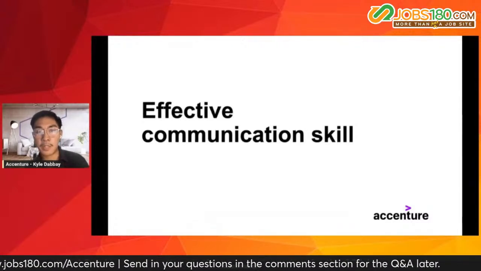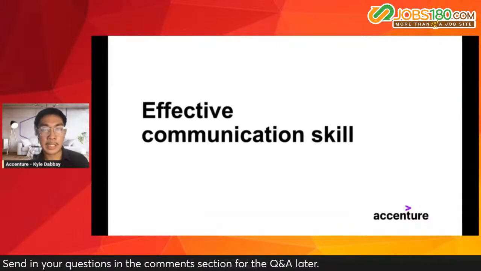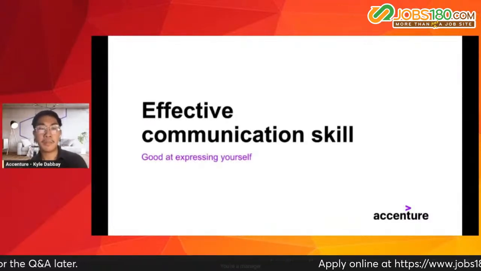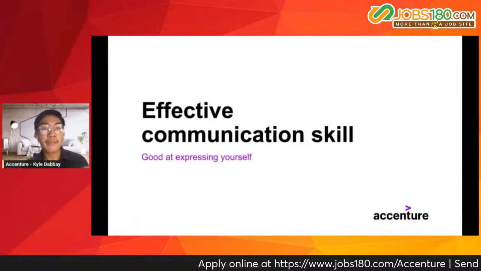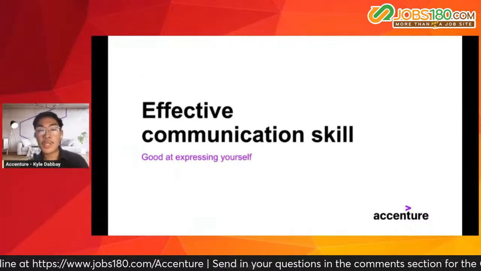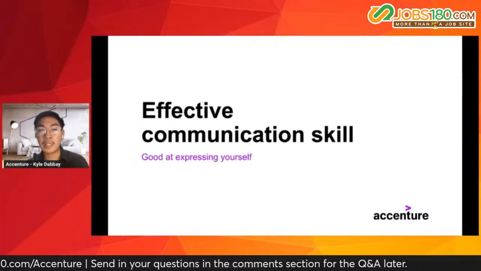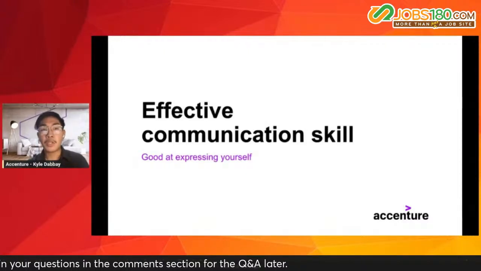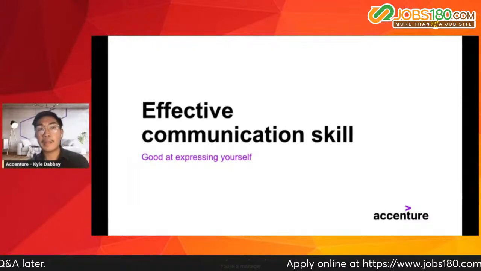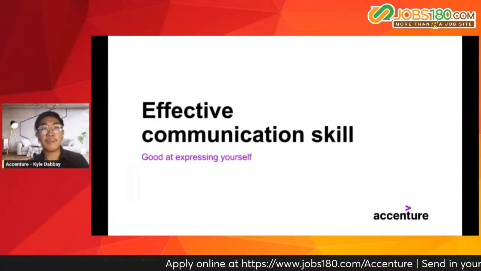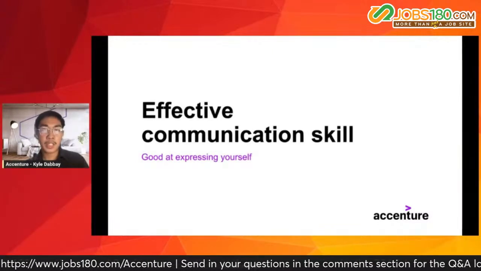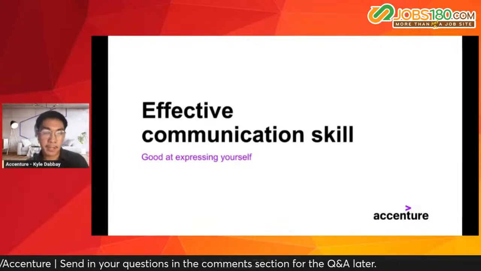When I talk about effective communication skills, I usually dissect it into three. First, in order for you to be an effective communicator, number one, you should be good at expressing yourself. It is important for us to speak up and be unafraid to ask for help. When we talk about expressing yourself, you know when to say something, you know when to react in certain ways, and you know when to step out of your comfort zone. Especially in the workplace, in our very fast-paced environment these days,